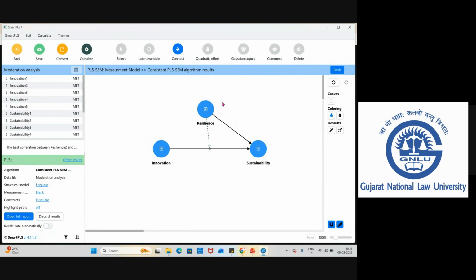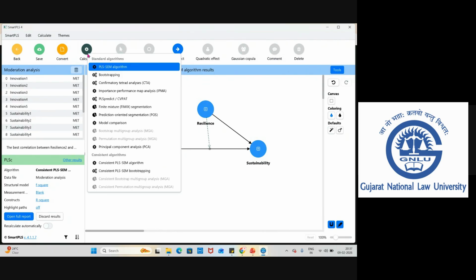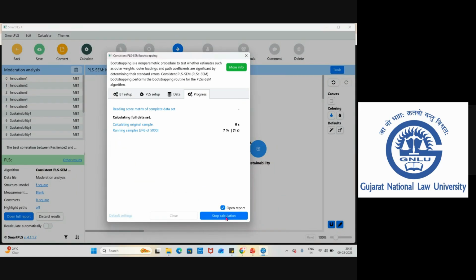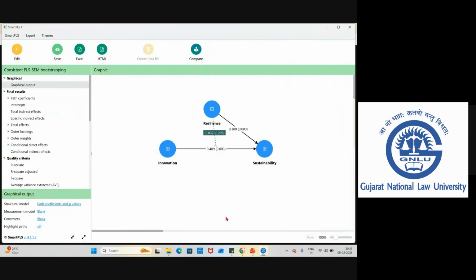Okay. Now, just go back again. Start calculation. Bootstrapping. Now you can see the relationship. There is a significant relationship between the independent variable and the dependent variable. And similarly, the moderator also has a significant relationship.